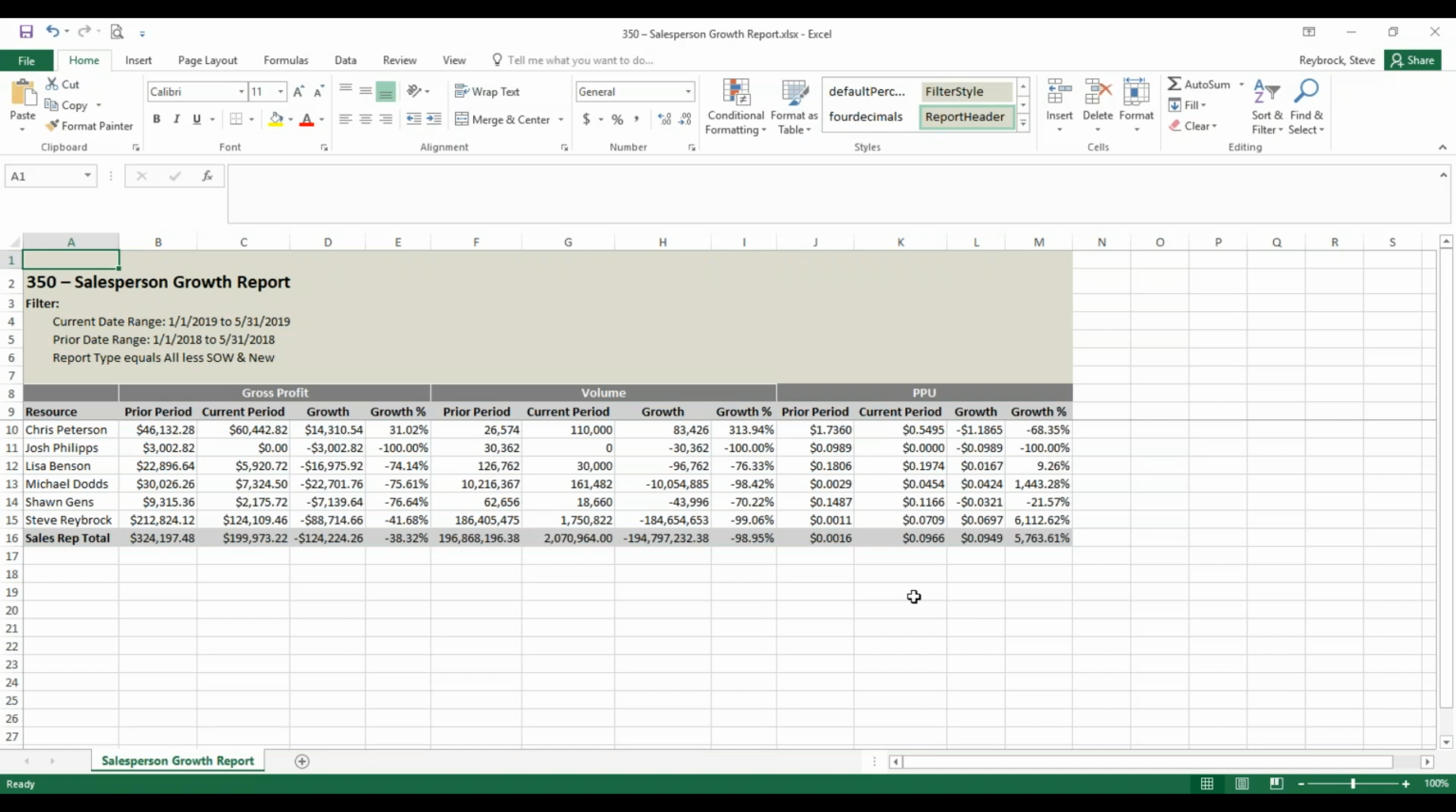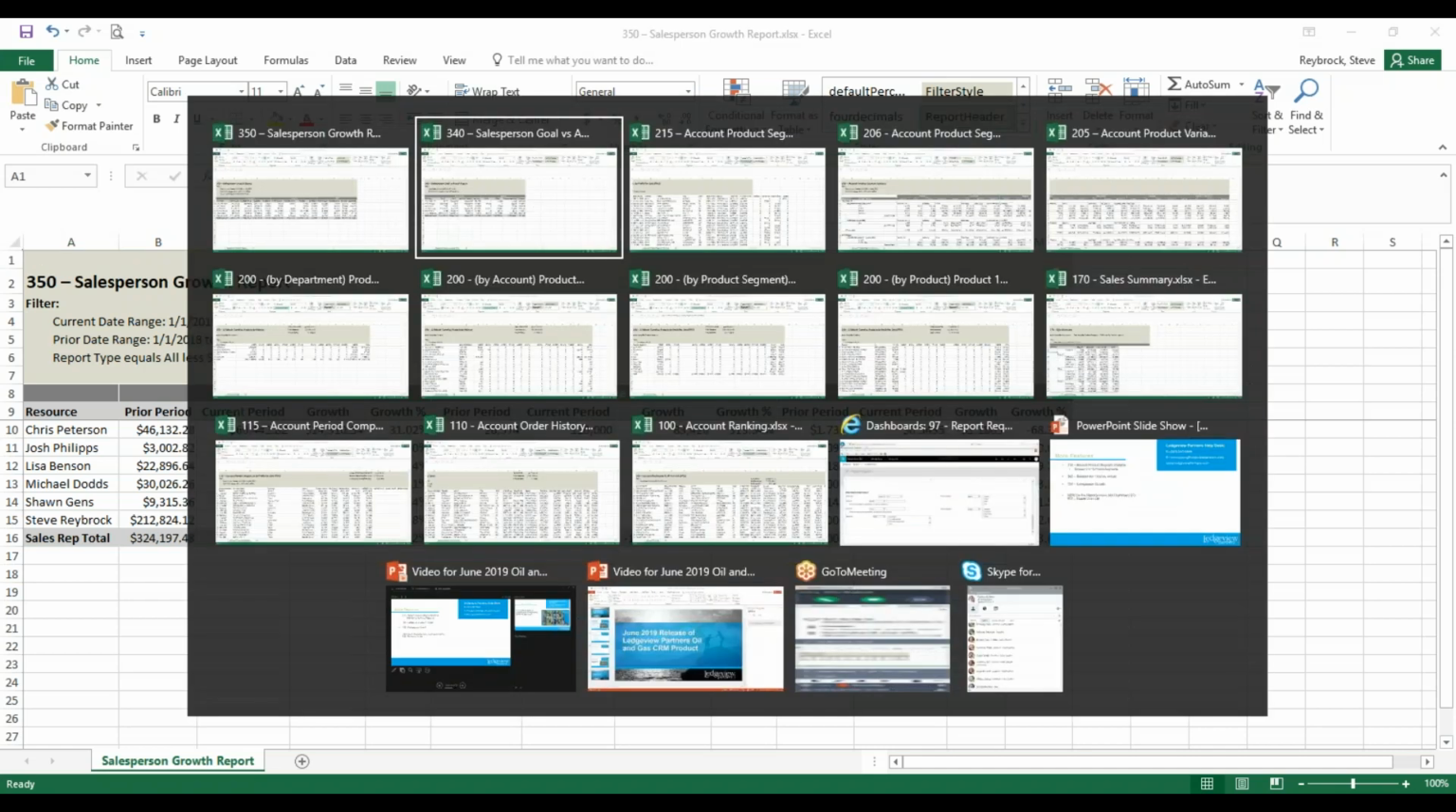So we added profit per unit to a few things maybe about a year ago just to see how it would go, and it was well received. So now we changed it in all these reports within Dashboard 97. So I think if I kind of flip back to the PowerPoint,